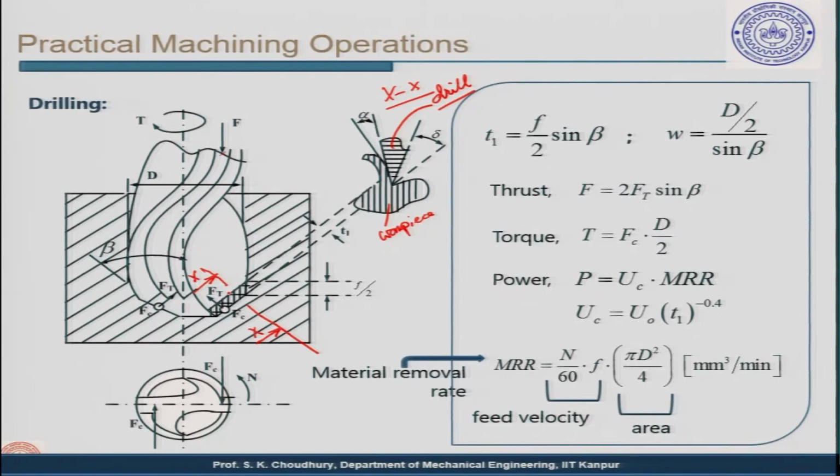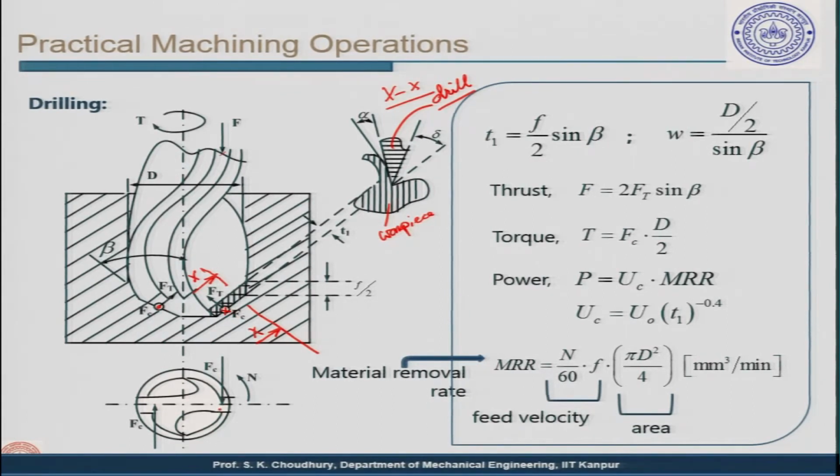Now, because of the cutting process, the forces are like this. This is the cutting force component Fc. Fc is perpendicular to this. You remember that we show it in this way, one point and one cross. So, it is going like this and coming back like this. So, rotating.